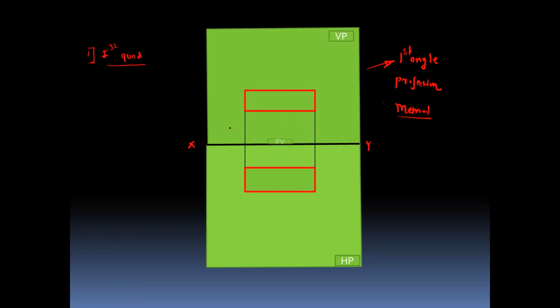These two lines are just reference lines. So you can draw the top view just below the front view. These are called projection lines. When you draw the projection lines, you have already studied the types of lines. This is a continuous thin line.